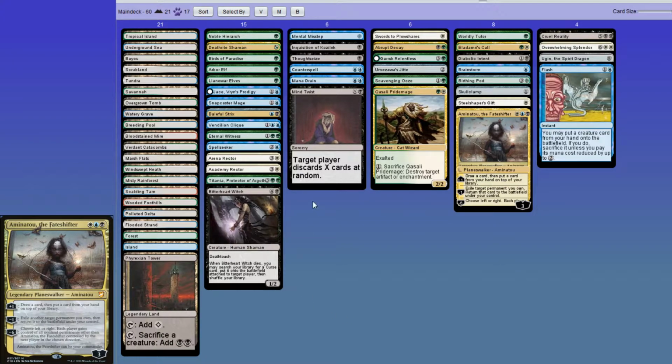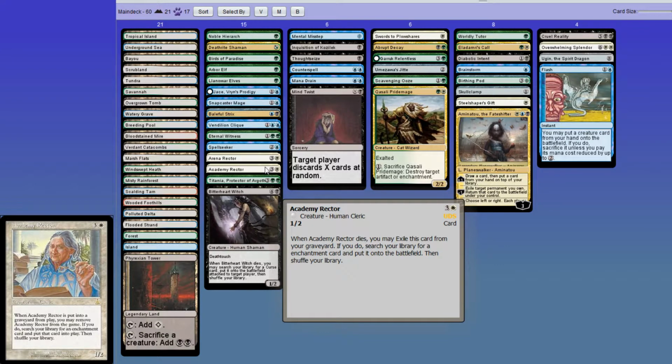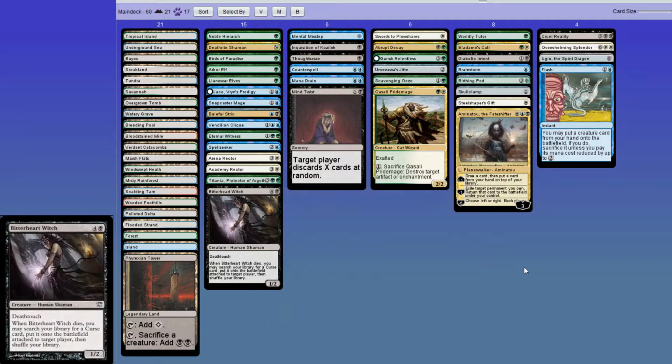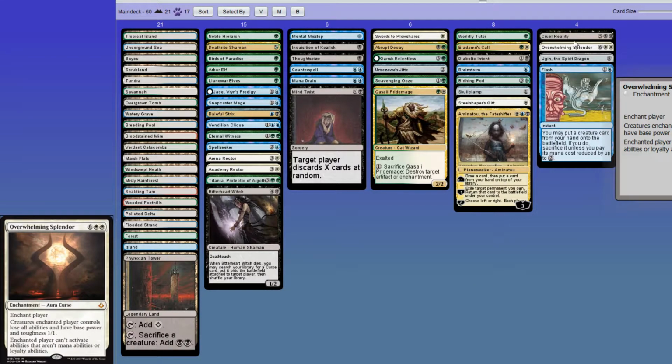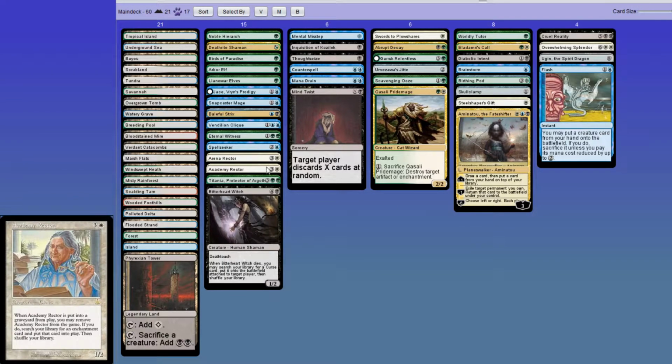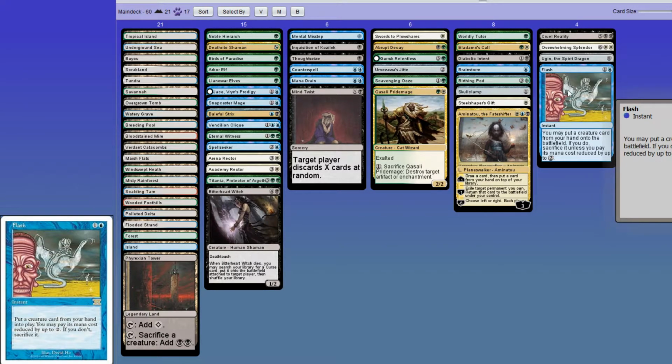So first of all, the three pieces of the deck that involve the combo are Arena Rector, Academy Rector, and Bitterheart Witch. Now if you haven't seen Bitterheart Witch before, it basically functions like an Academy Rector for these two massive curses over here. So you have a flash Worldly Tutor option to go turn 1 tutor for Bitterheart Witch or one of the Rectors, and turn 2 flash in one of those, which allows you to play your